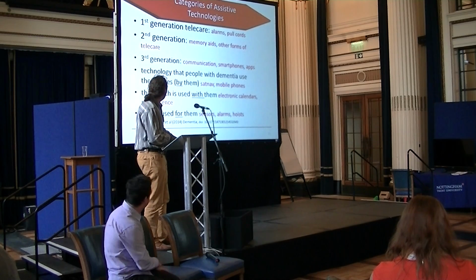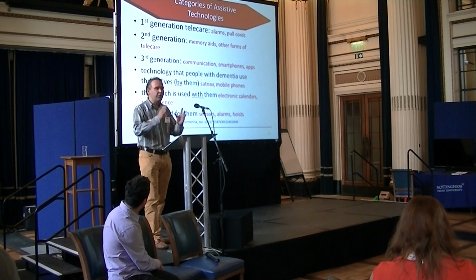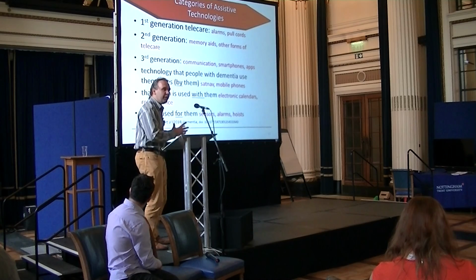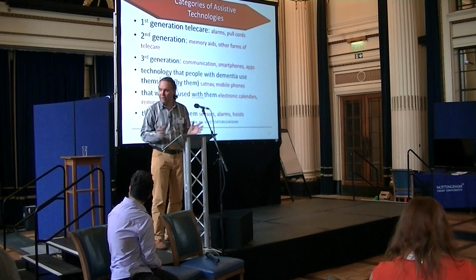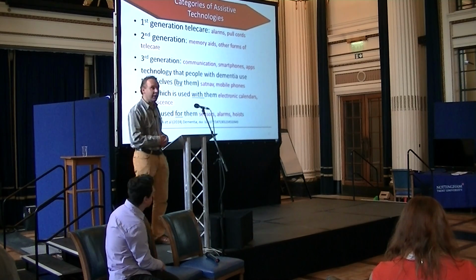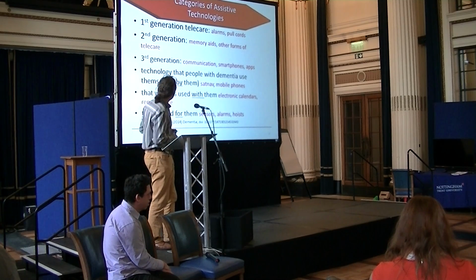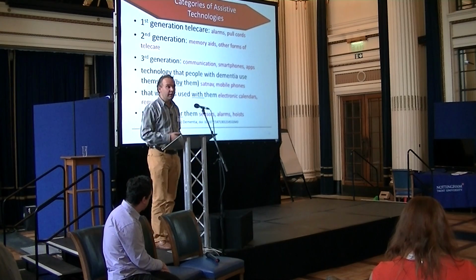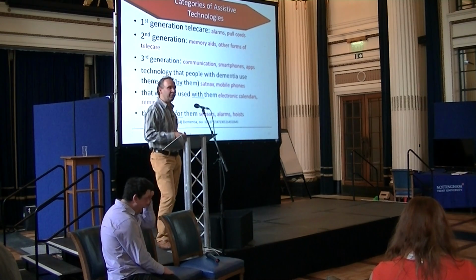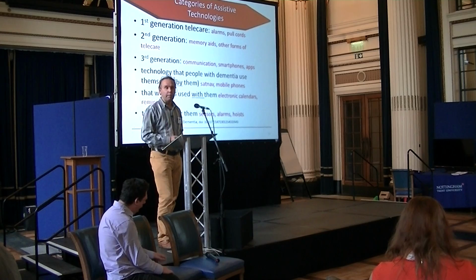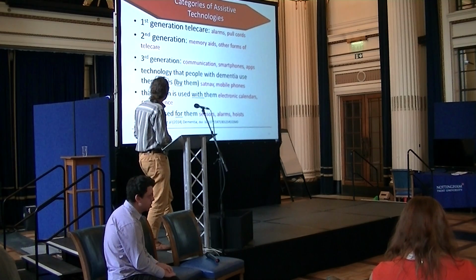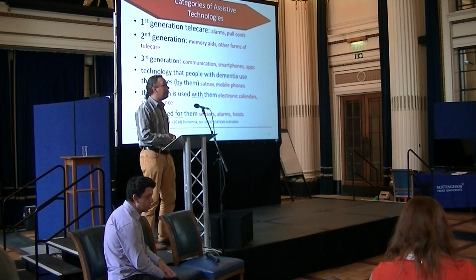So I just want to talk about assistive technologies. I don't know what you think of when you think of assistive technologies, but there's a lot of work being done on categorising, and I thought I'd introduce some of this because it comes from the literature. If you look at some work done in Scotland, they talk about assistive technology in terms of generations. I think possibly a lot of people think about pull cord alarms and safety devices, and they're wrapped into this thing called first generation telecare.